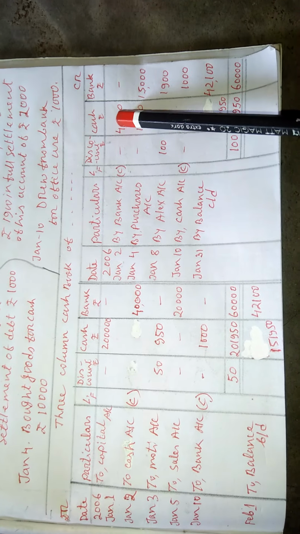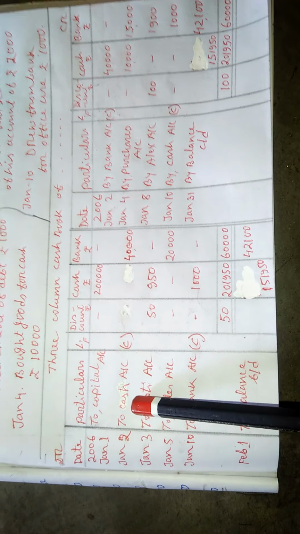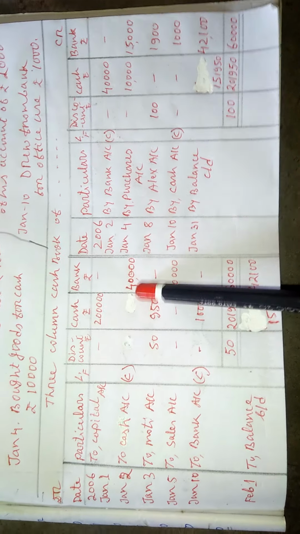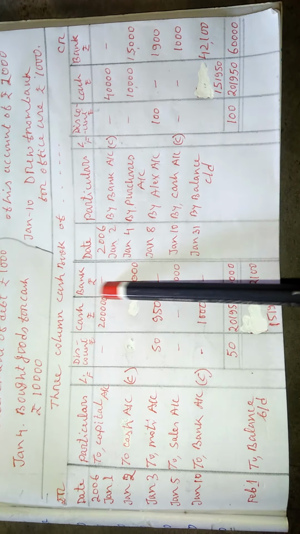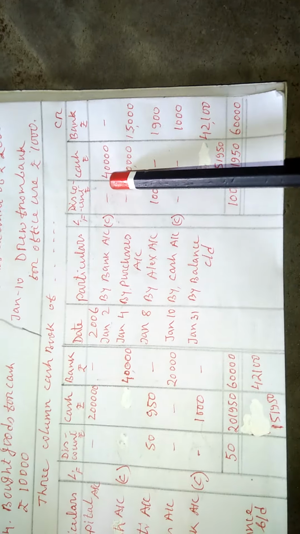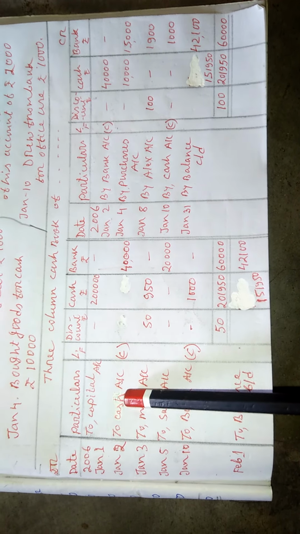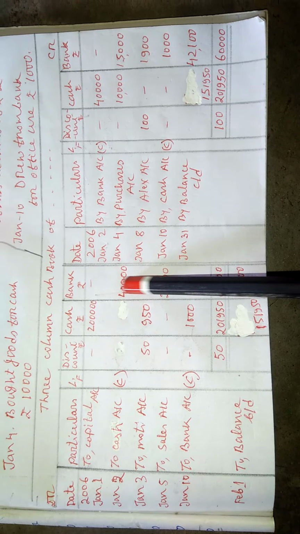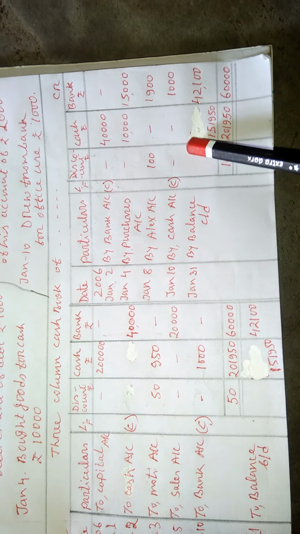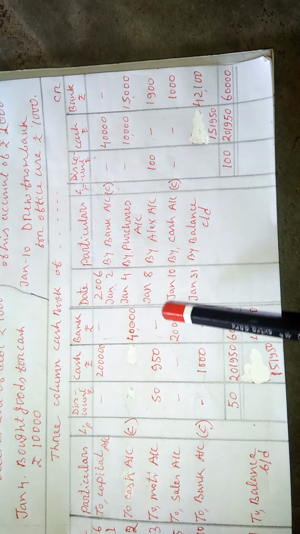Since the credit side entry shows a decrease in cash, on the receipt side, or the debit side, you will see to cash: the bank has received. By way of cash, the bank balance has increased by 40,000. So one side shows a 40,000 decrease in the cash column, and on the other side, the same amount on the same date shows in the bank column. That is why this type of transaction is known as a contra entry. This type of transaction will either show a decrease in cash and an increase in bank, or a decrease in bank and an increase in cash. These are contra transactions.